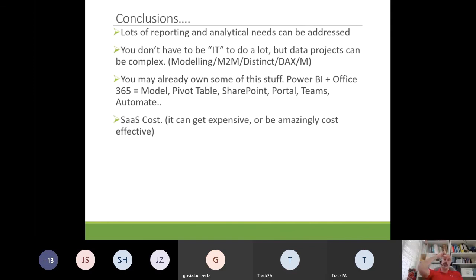Speaking of cost, it's software as a service. So the way I look at this, it can get expensive or it can be amazingly cost effective. I have clients who turn over millions. They're not small organizations, but they only have 5 or 6 users who'll ever want to get into this type of analysis. Prior to the Power Platform world, you're having a conversation around a Microsoft SQL Server on-premise enterprise license,